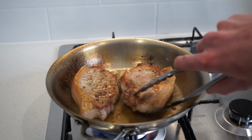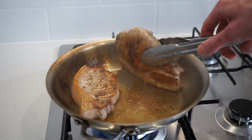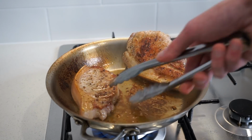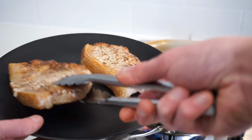Now once the chops are golden brown on both sides, what we can then do is place them onto their fat cap for 1 minute to create a nice edible crust, and the best way to do this is to lean the chops against the side of the pan to hold them up, which I made look extremely awkward, but I'm sure you get what I'm saying. Anyway, once that's done, we can then remove the chops from the pan and place them onto a plate to